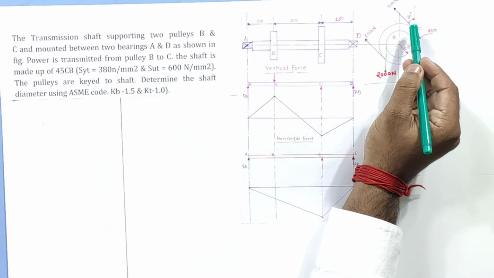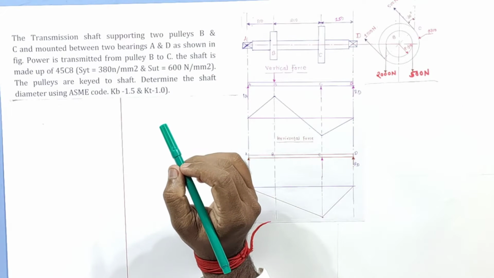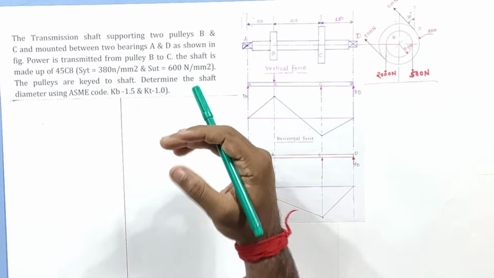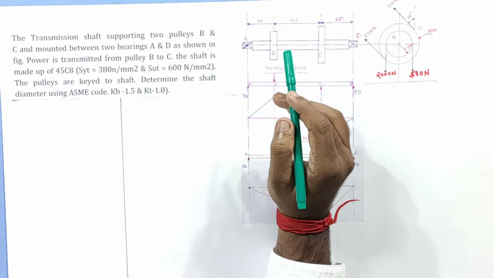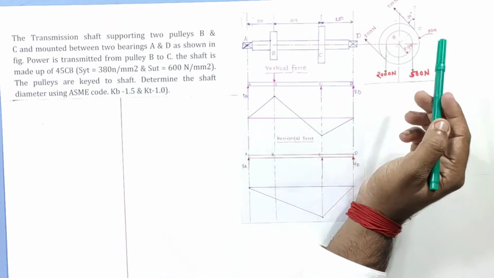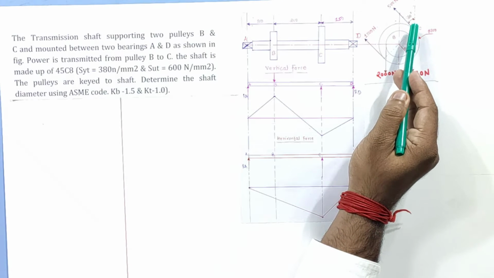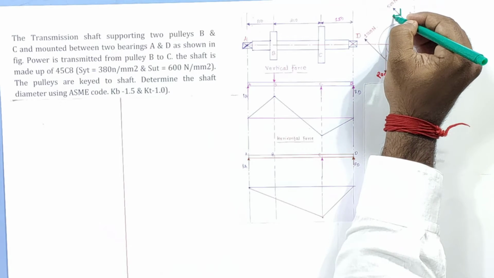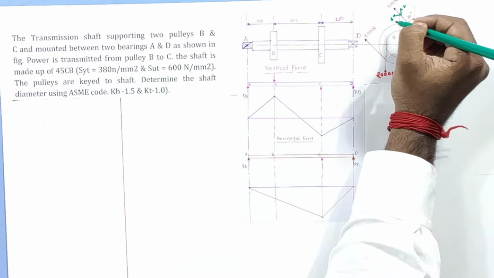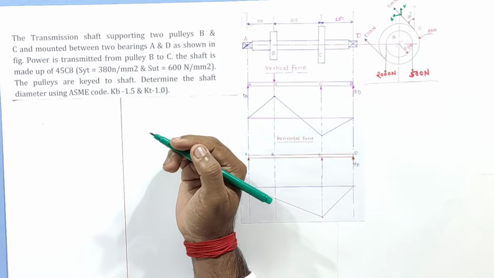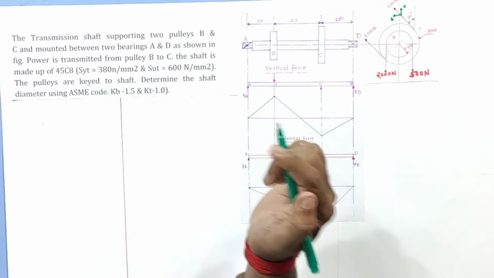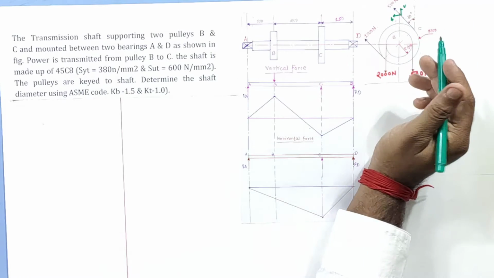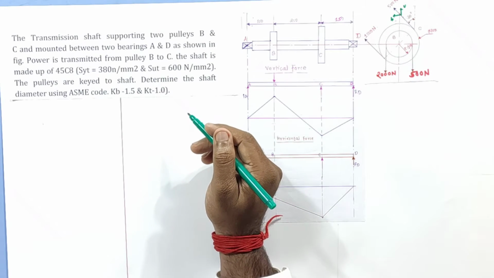Here we have seen vertical and horizontal forces on belts. In that case we have taken two planes. Here also we need to take two planes. How? We can resolve this inclination. So how can we resolve this? I'll just put here, you can see this will be the vertical, this will be the horizontal of this. By this way we can resolve this very easily, and through which we are going to select the vertical for the vertical plane and horizontal for the horizontal plane, and we are going to find out what should be the diameter.